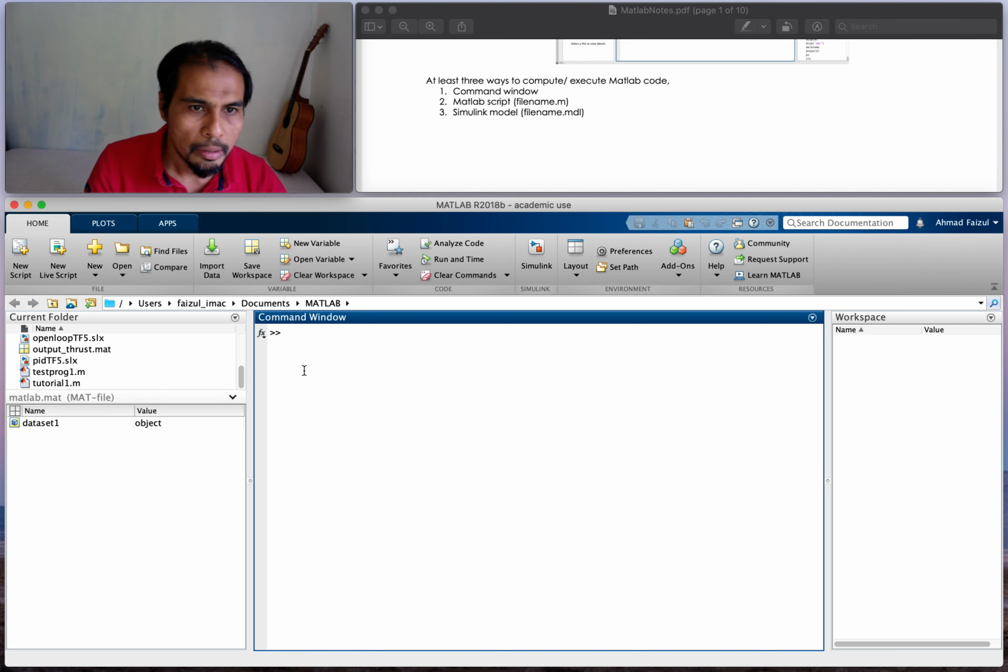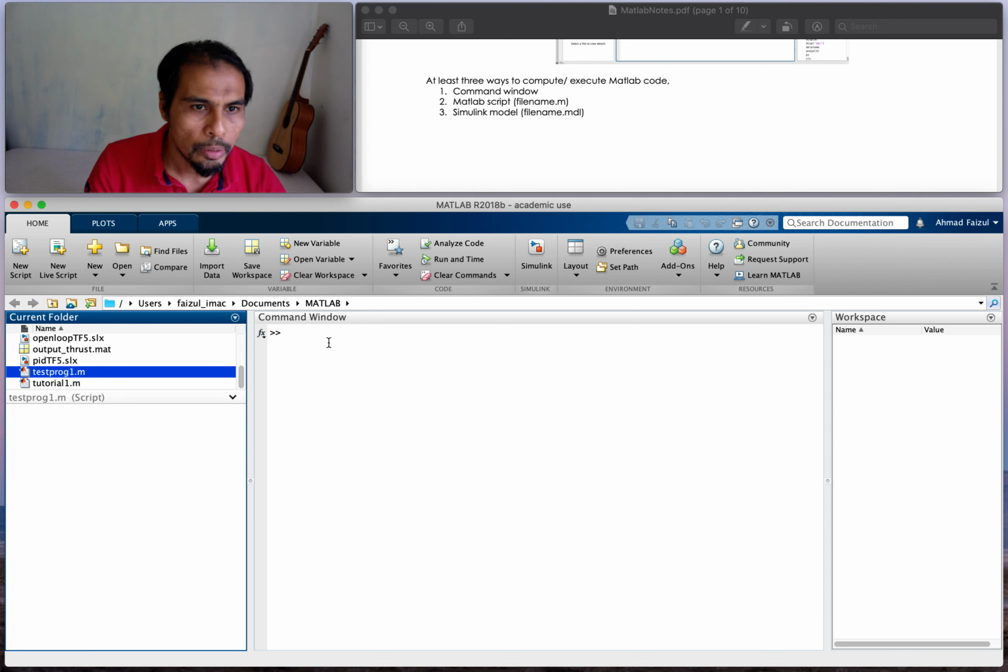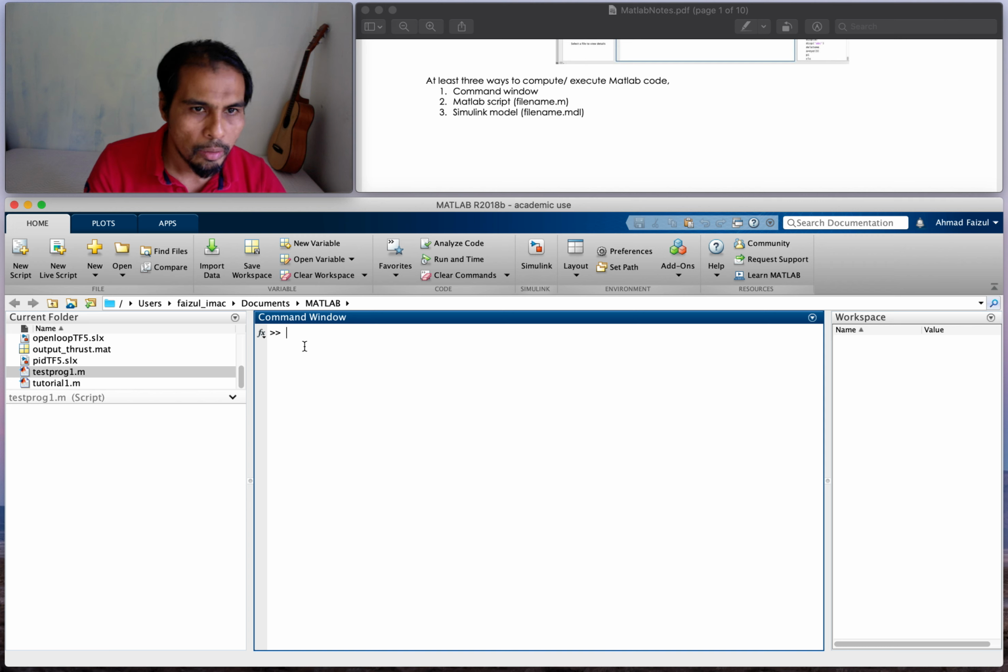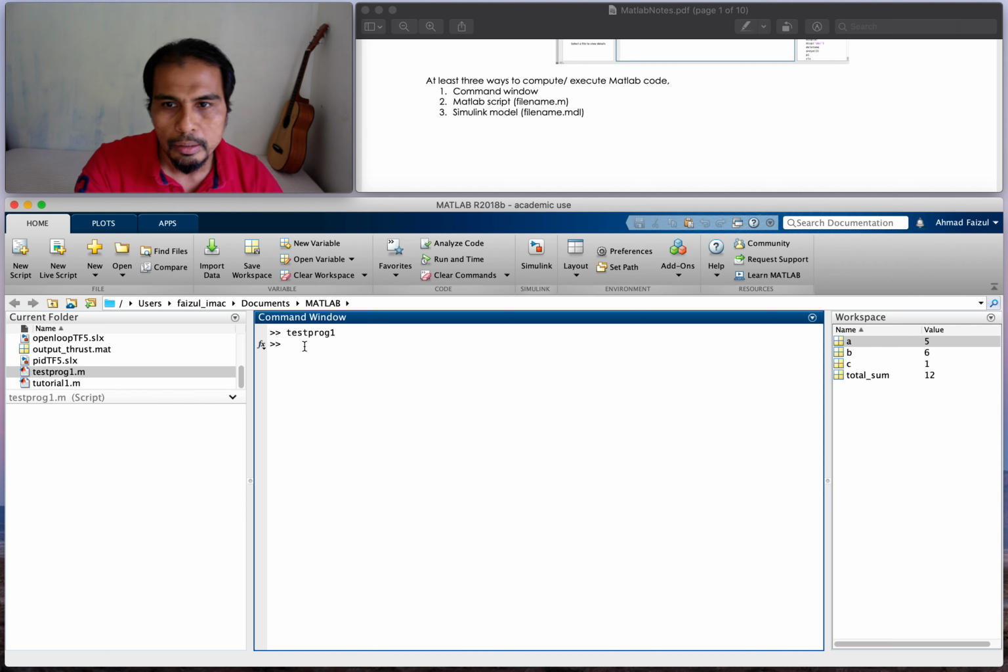fresh, okay. Now we want to execute this one, right? We can simply run from that command window. Just type the name, okay? Test program 1. Test prog 1. Okay, just with .m or without .m will do. So write that file name, and then you just enter it. Enter. So you see that in the workspace, the variable that you entered in the M file,